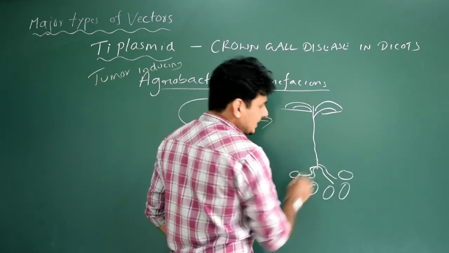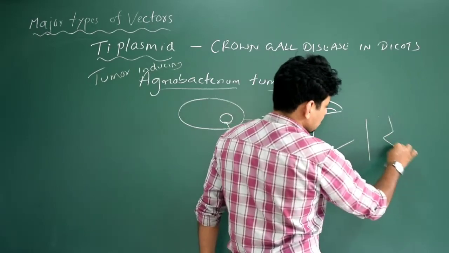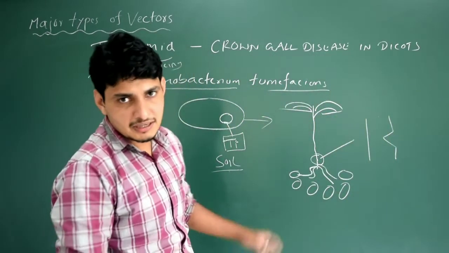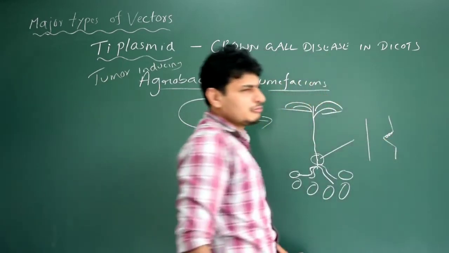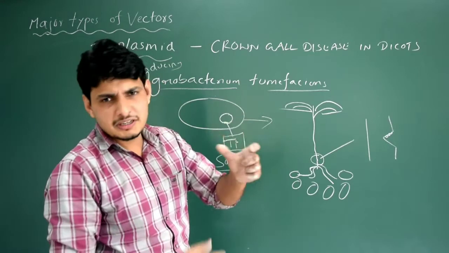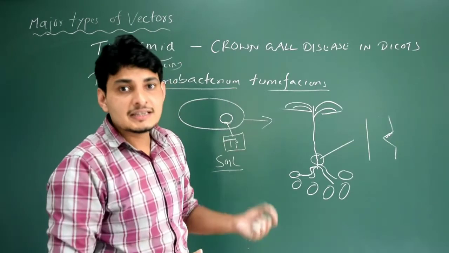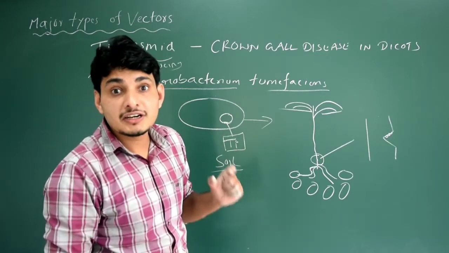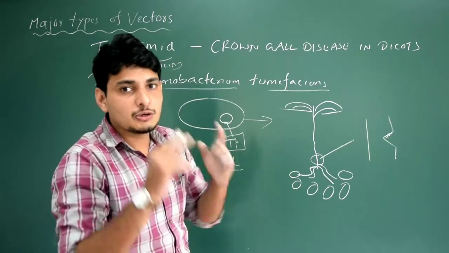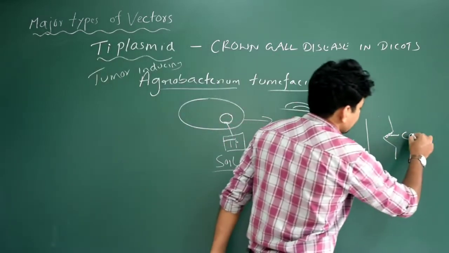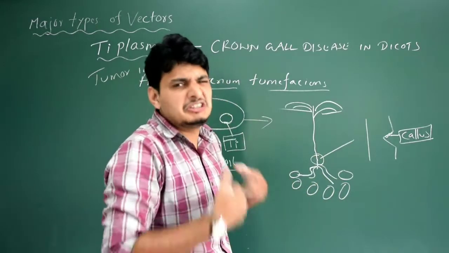They just make some incision. What is incision? Let me magnify this. So this is the stem, and you see the incision. A small cut is made by the bacteria itself, and from this cut, we all know, callus forms. Normally when you cut a plant, you see some liquid which oozes out from the cut portion, from the wound, containing cells. What type of cells? Undifferentiated meristematic cells. And what do you call these undifferentiated meristematic cells? You call them callus. Callus will be produced. Callus means multiple cells will be produced continuously.